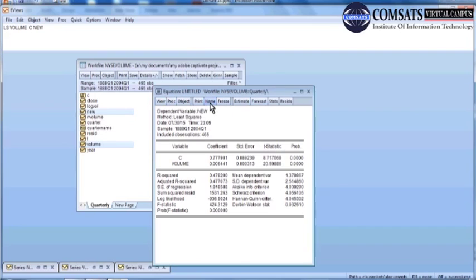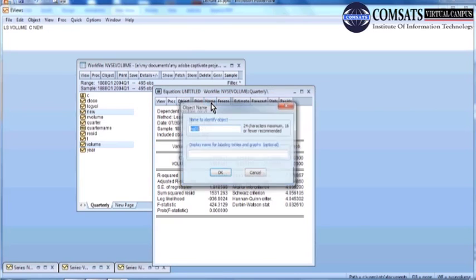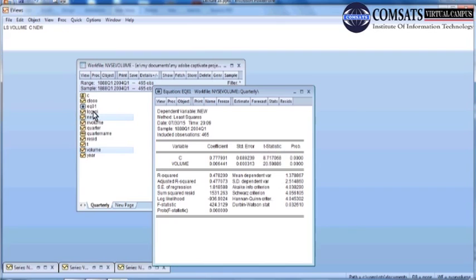ये हमारा आउटपुट है। इसको हमने अगर सेव करना है तो यहाँ इन रिजल्ट्स में आपको नेम लिखा हुआ नज़र आएगा। अगर आप इस नेम को क्लिक करें तो ये आपसे पूछता है कि इन रिजल्ट्स का नाम क्या रखना है। बाय डिफ़ॉल्ट ये इसको इक्वेशन 01 कह रहा है, क्योंकि हमने इक्वेशन के ऑप्शन से इसको एस्टिमेट किया था। तो इसका नाम हम चेंज भी कर सकते हैं, नीचे उसकी डिस्क्रिप्शन दे सकते हैं। हम इसका नाम यही रखते हैं, और नीचे इसका लेबल, इसका डिटेल नाम हम रखें कि ये रिजल्ट्स ऑफ रिग्रेशन, ये टाइप करके जब हम ओके प्रेस करते हैं, तो ये हमारी इस लिस्ट में इक्वेशन EQ01 के नाम से